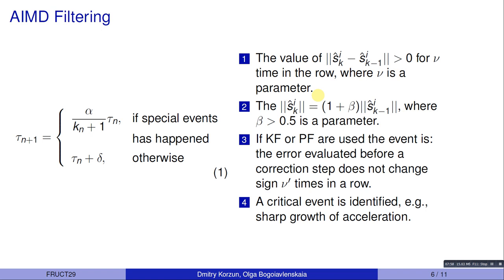And if the sensor is properly tuned and properly calibrated, it fluctuates around the average value, or so-called true value. And hence, if the sensor data start to decrease or increase monotonously, we can suspect that something is about to happen, and we have to